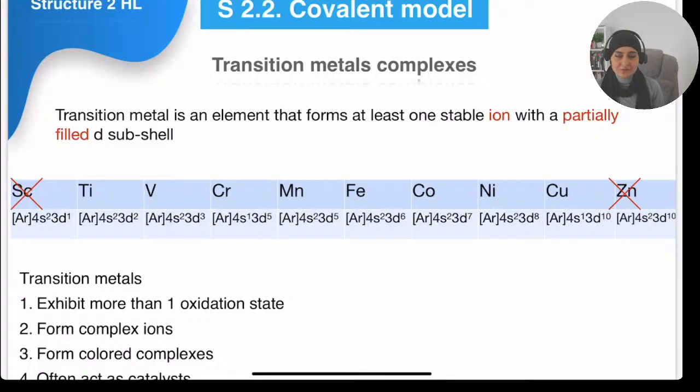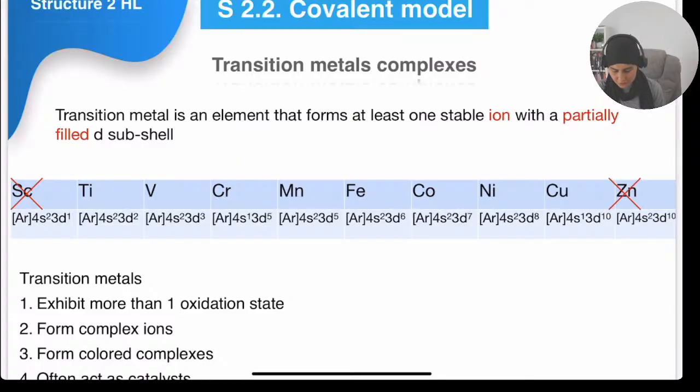In a level of response question, yes, we had a lot of answers with their own definition, and if you don't know the definition, you do everything else wrong. So the element must form an ion with a partially filled d subshell, not an atom. So if an atom has an incomplete d subshell, it does not automatically mean that it's a transition metal. And for that reason, scandium and zinc are not considered transition metals,